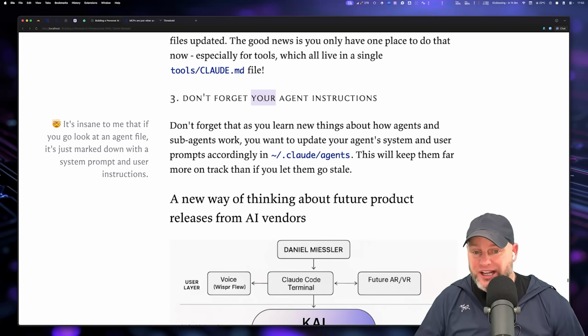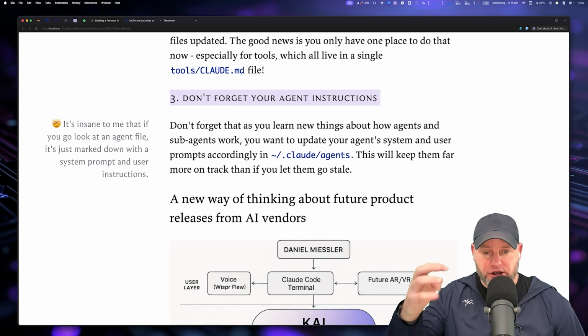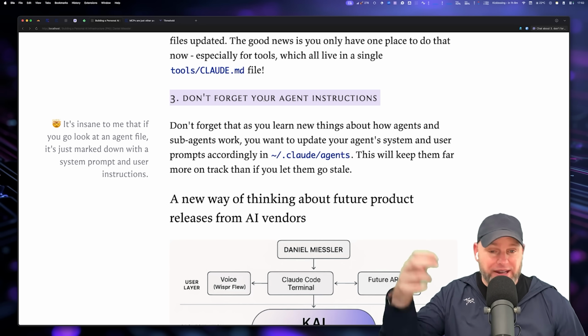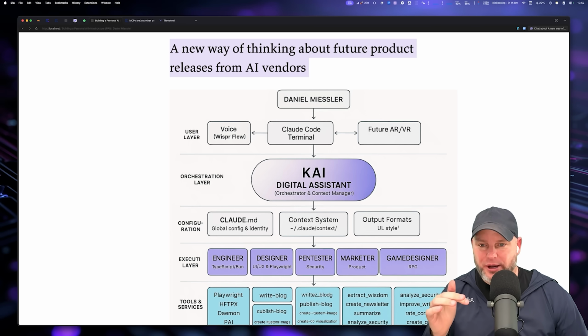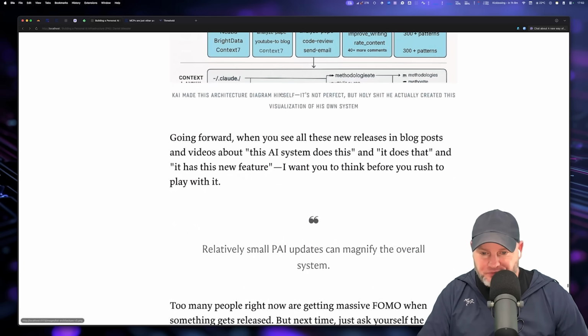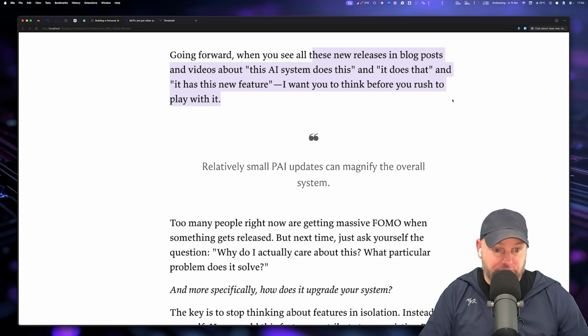Also, don't forget your agent instructions. Like I said, I just put that priming of the context hydration into the actual system prompt, and that solves it for me. Okay, this one's a practical takeaway. A way of thinking about future product releases from all these different AI vendors. So going forward, when you see all these new releases, all these new models, all these new features, even in Claude Code, which is my favorite system,